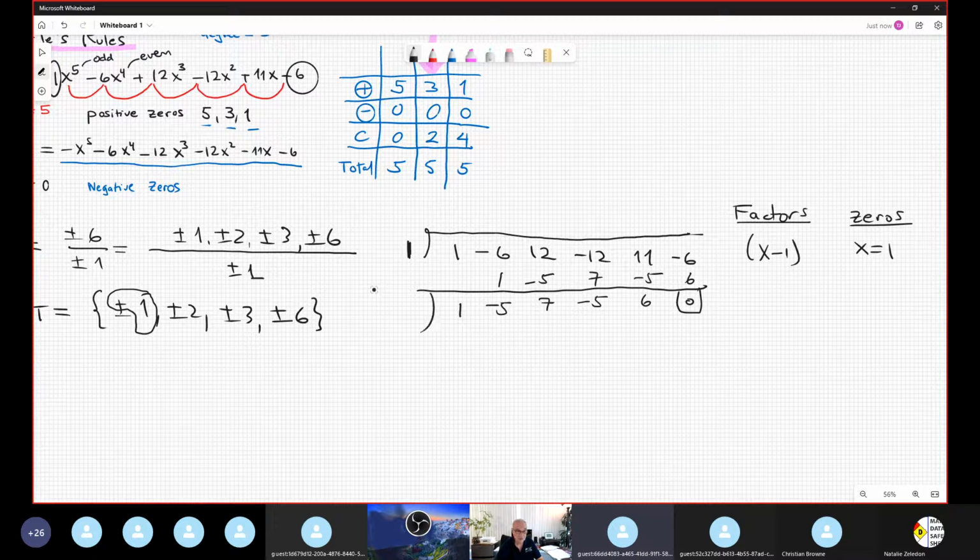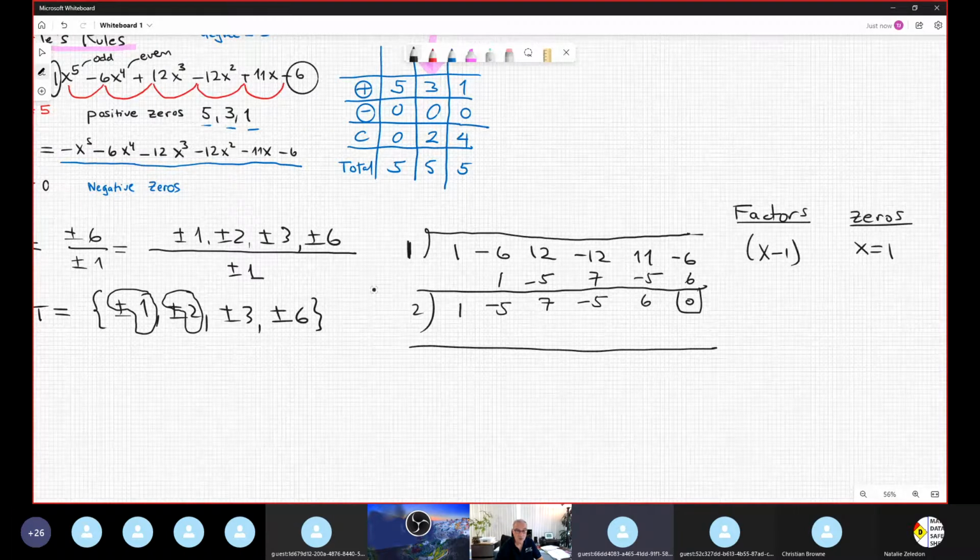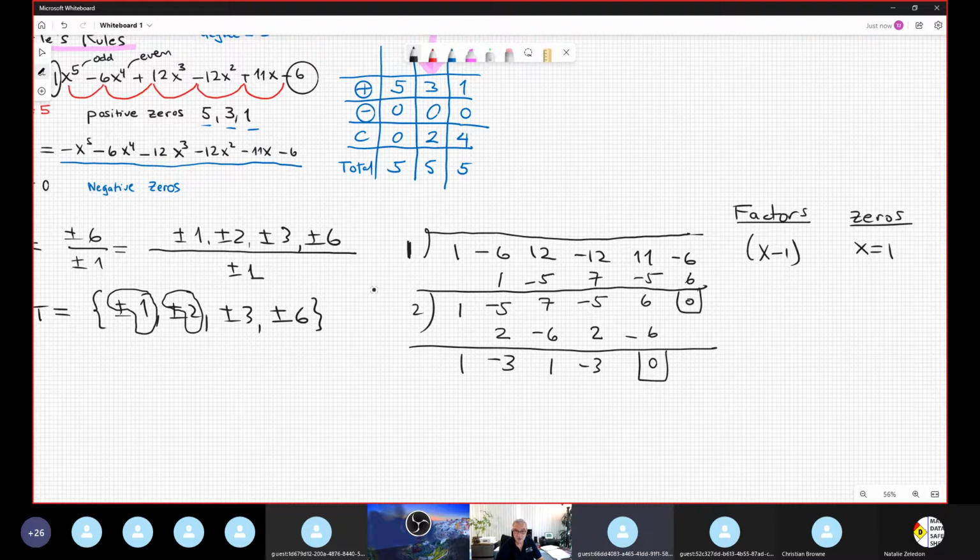Let me try another. Suppose 2. Okay, bring down 1 without anything. Multiplication now: 2 times 1 is 2. It's a minus 3. Multiplication is minus 6. Is 1. Subtraction. Multiplication is 2. It's a minus 3. Multiplication is minus 6. Wow, amazing. The factor x minus 2 belongs to the polynomial and the zero is